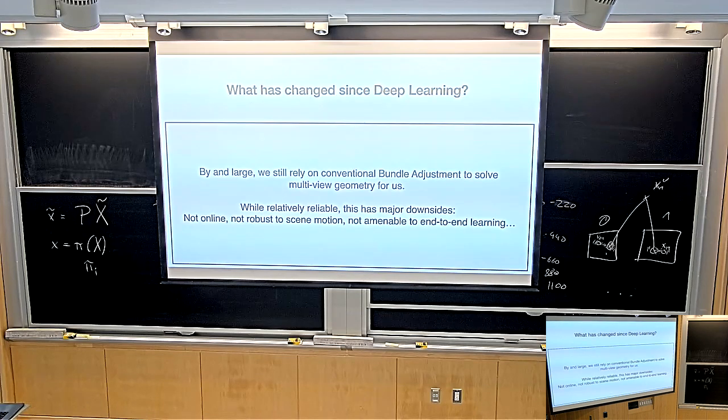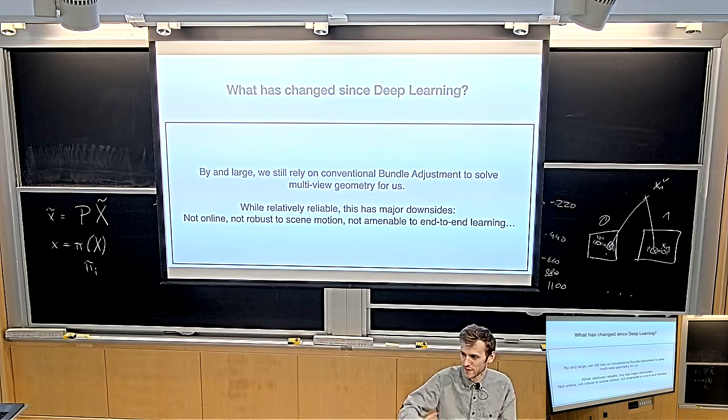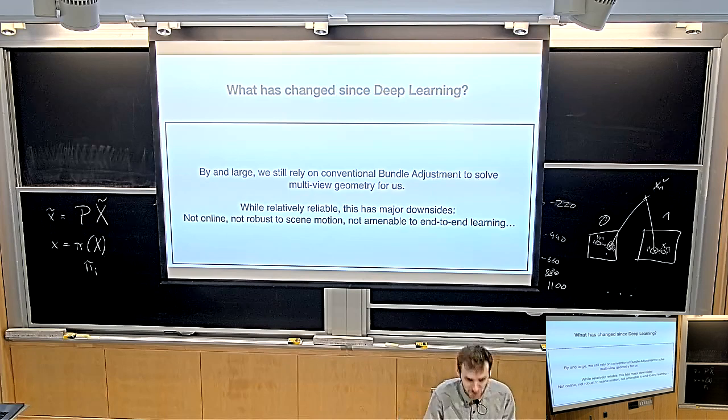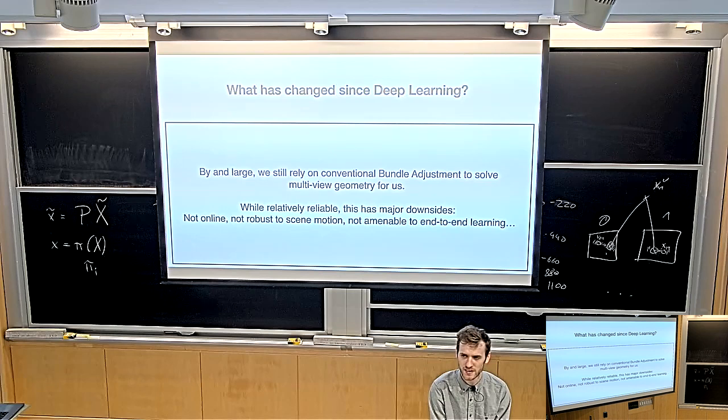So honestly, what has changed since deep learning is nothing. The stuff that you just saw from 2007, the algorithms have improved, like slightly different optimizers, more robust, all that stuff, but fundamentally it's still the same stuff as in 2007. And in fact, COLMAP, when was COLMAP published? It's 2016, I think. So that's already 8 years ago. COLMAP is the thing that everyone uses. So at least for 8 years, nothing has happened.